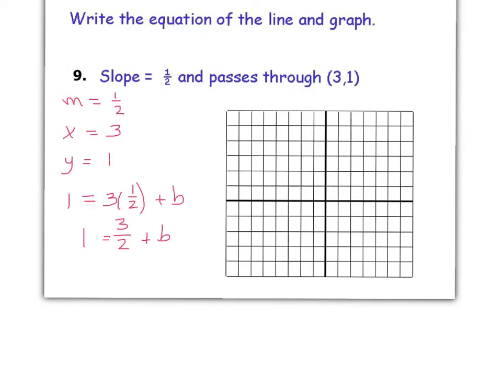All right, so I went ahead and started the problem where I'm plugging in my variables, and I noticed that I have 3 over 2. Well, I also know that b can be a decimal or it can be a whole number. So I'm going to take that 3/2 and make that into a decimal. So that now is going to be 1.5. So I'm going to add a negative 1.5 to both sides. So that's going to give me negative 0.5 is equal to b. So my equation would be y is equal to 1/2 x